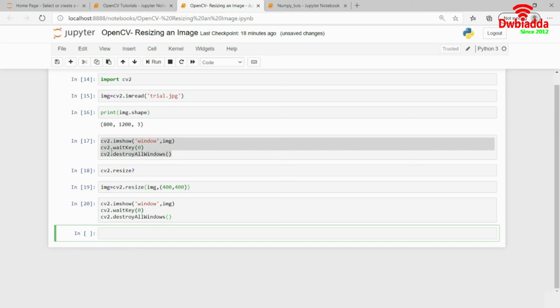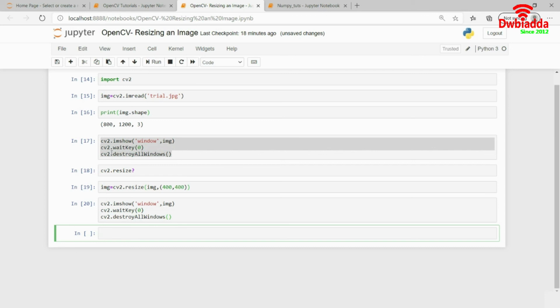Coming back to the point of interpolation, where I told you that we will be discussing interpolation methods for resizing. In OpenCV, we have different interpolation methods like cv2.INTER_AREA, cv2.INTER_LINEAR, and cv2.INTER_CUBIC. All of them have different use cases, and you can research more about them.